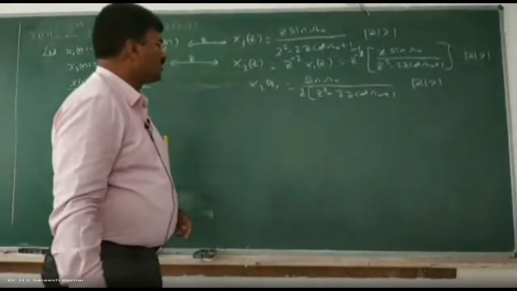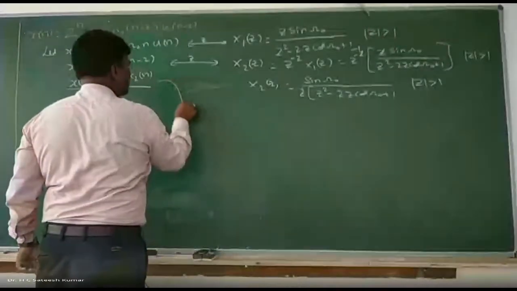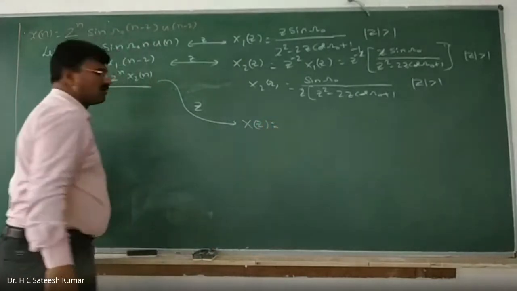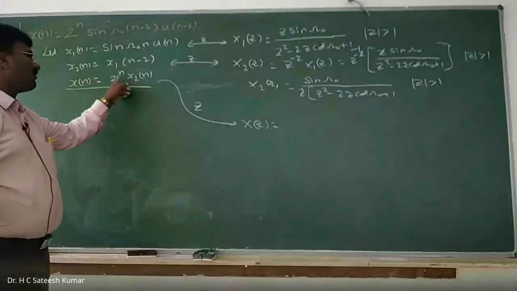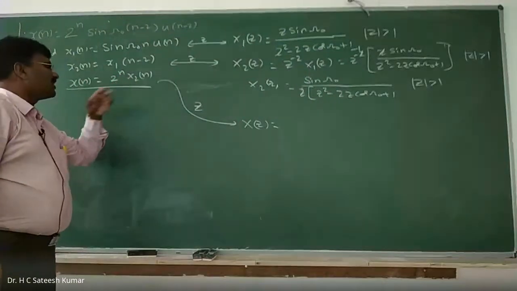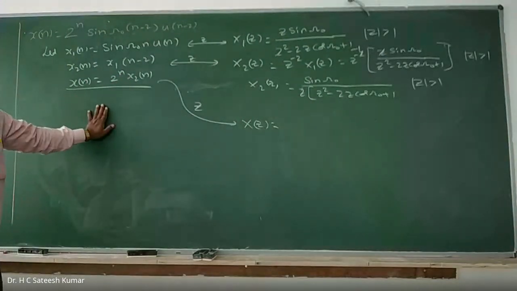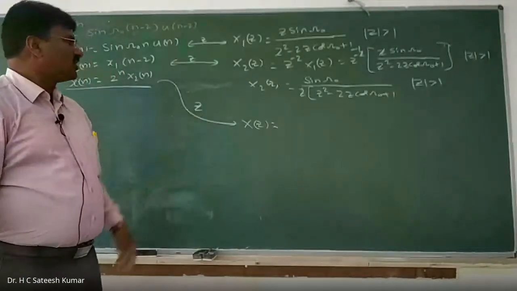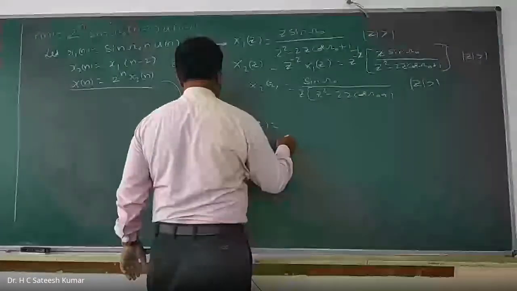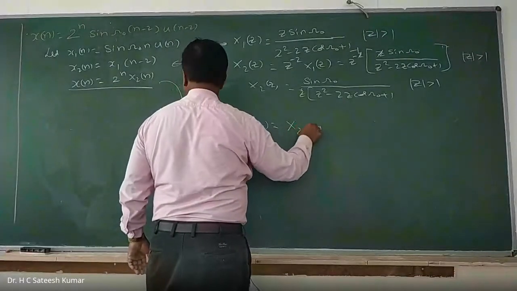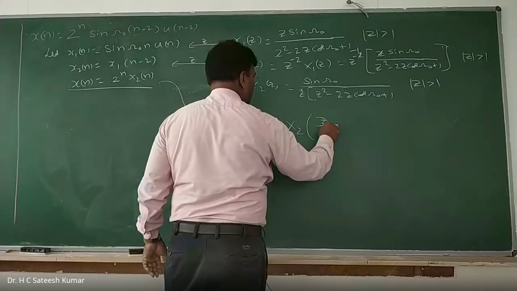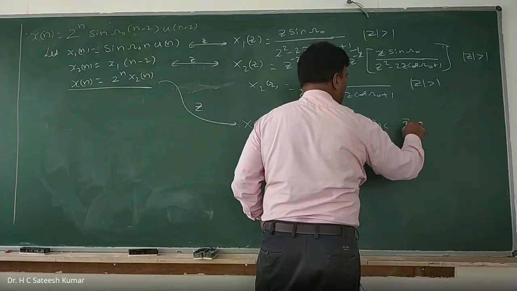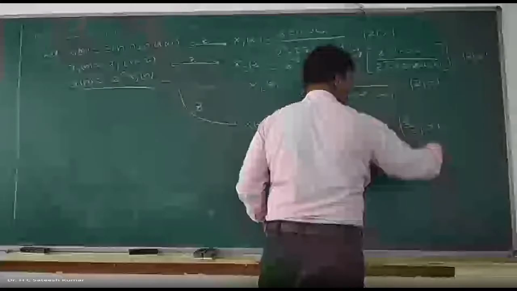Okay, that's how we should do it. So now x of z is equal to what? Z transformation of this. X of z, use the scaling property. What is this one? A power n into x of n format. What is the z transformation of this one? Z transformation of a power n into x of n is what? X of z by a, with ROC R1 by a, we said, right? Use that relation. You can write x of z is equal to x2 of z by a. A is 2, z by 2 with ROC. ROC will change: z by 2 greater than 1, or mod z greater than 2.